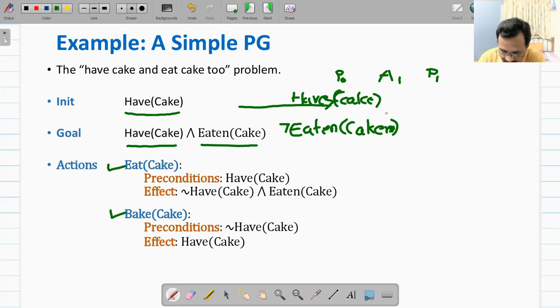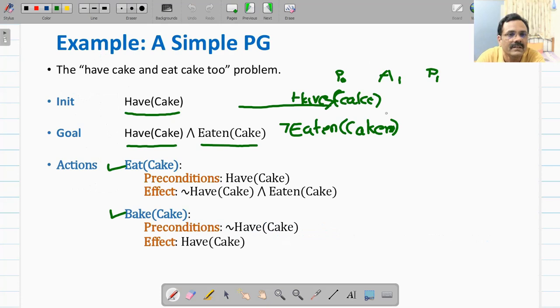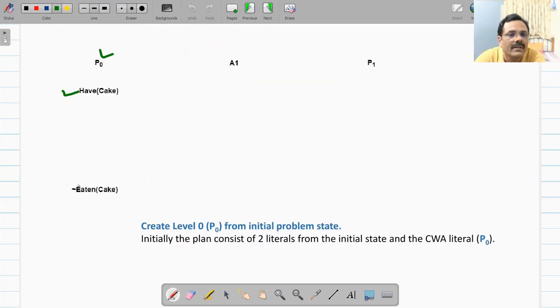So in P0, in first step you will be introducing this. So your first step will look like this. After preparing, the planning graph will be like this. So here we have introduced P0. In P0 you have have cake, first preposition, which is true. That is the initial state which is given out here, right? And then we have cake is not eaten, that is also true.